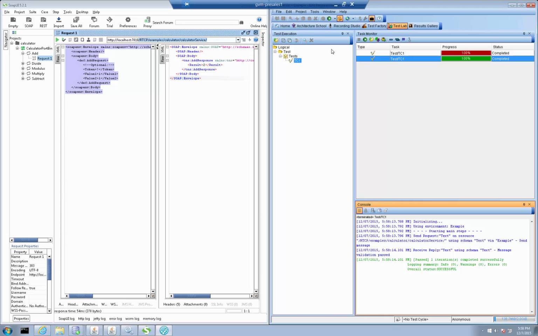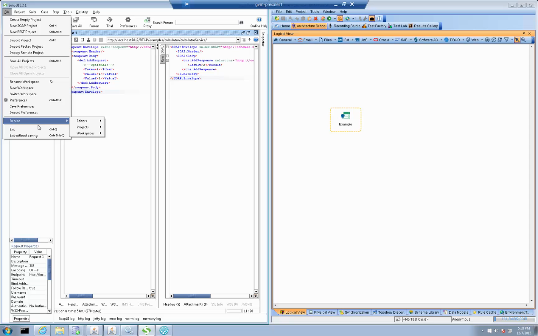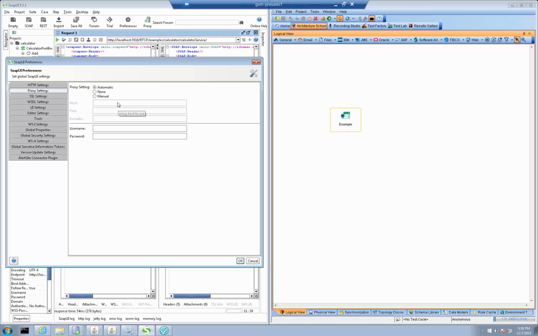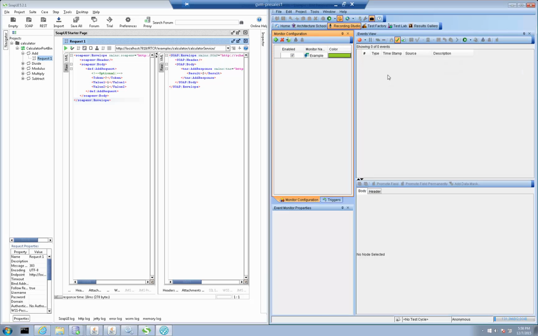Now, a little follow-on to that though, if I go back to architecture school here, I've got my transport set up. One of the things I could do, you say you can't record, but if you go into SoapUI and go to Preferences, Proxy Settings, you can still record, right? You can record from SoapUI. So if I come in here and do that, the port is 3128 for our proxy. Okay. If I run this now, we should see that's still, let me just clear it down, that's still getting the result of 2. However, if I come across here and start recording this transport